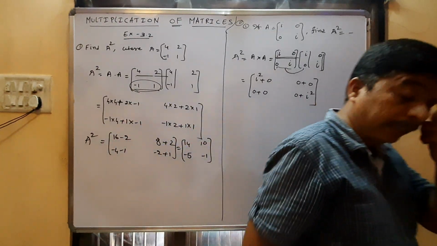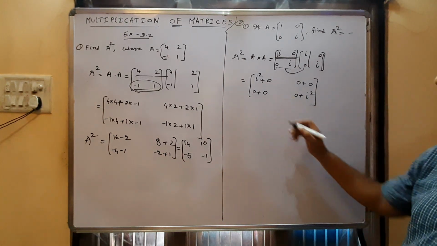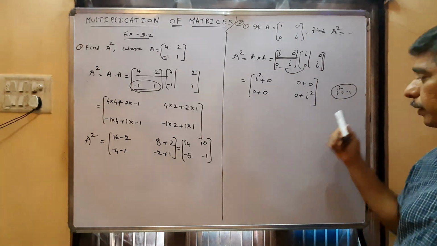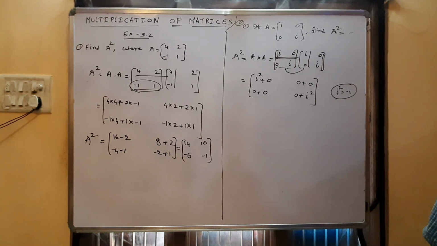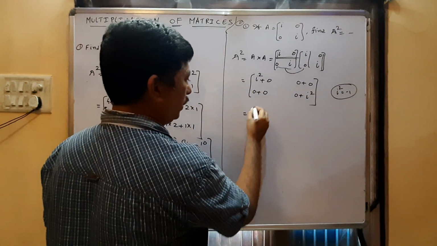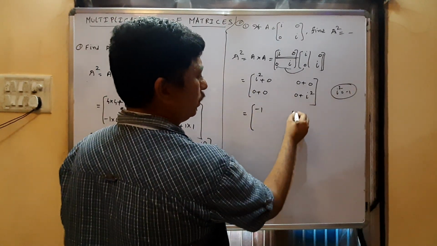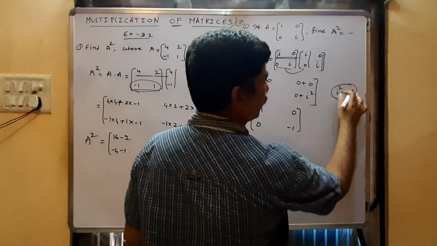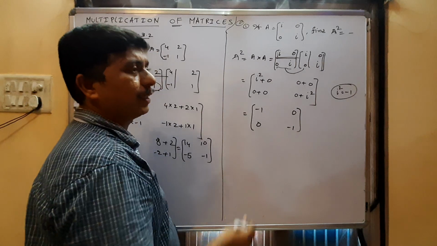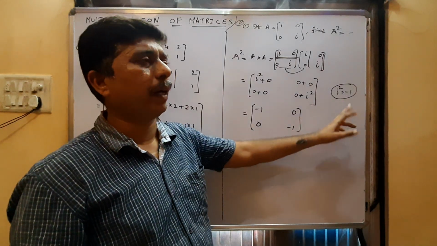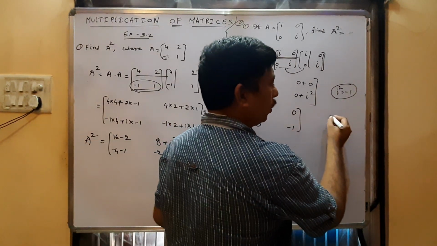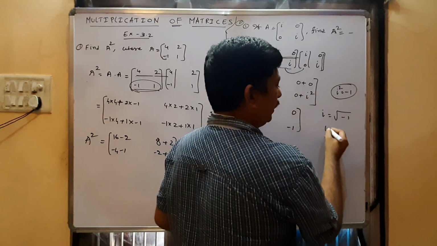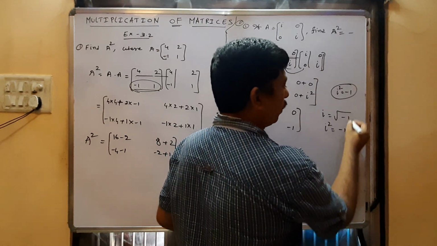i means here the imaginary number. The i square value is minus 1, since in complex numbers i square is minus 1. So this is minus 1 plus 0, minus 1. 0 plus 0, 0, 0. We take the square root of minus 1 as i, since the square root of a negative value is not real. Squaring on both sides, i square equal to minus 1.